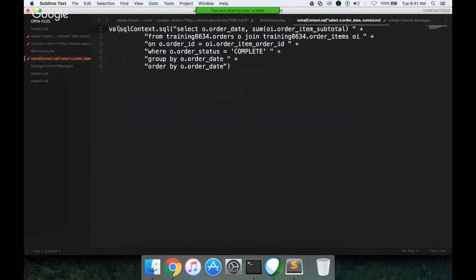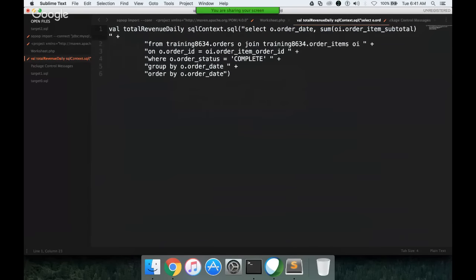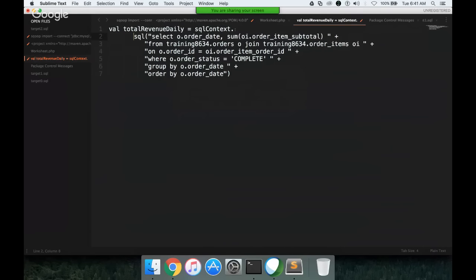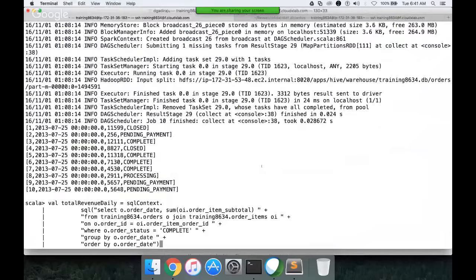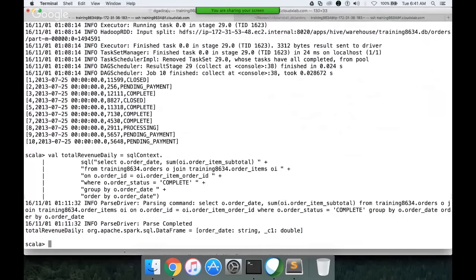Okay. Well, total revenue daily. I'm trying to create an object here. Now you can see the total revenue daily is nothing but a data frame. And then we can say total revenue daily dot